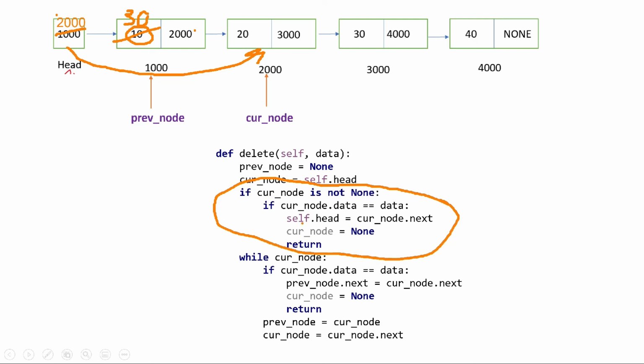Okay, if this is the first element, you need to handle it separately. Otherwise, the code we have seen in the previous slide is here. You have already seen how this works. So this was the corner case you need to handle. Always think about, when you are working with a linked list, what if this element is going to be the first element, if there's only one element in the linked list, or if the head is none. All corner cases are supposed to be handled when you are working with a linked list. So that was the code for delete.